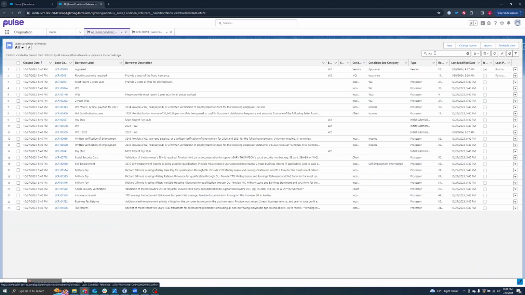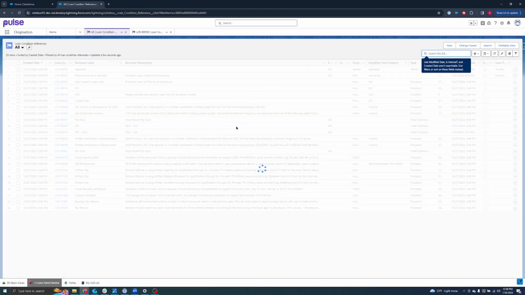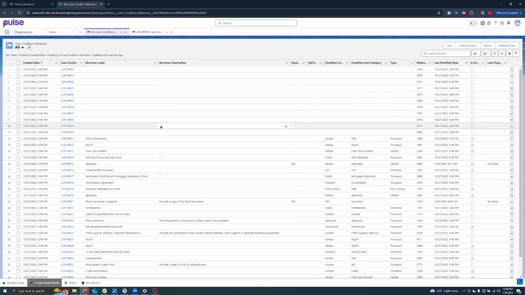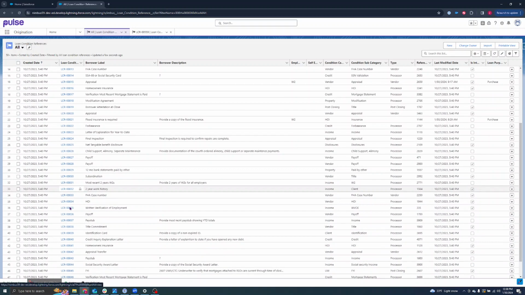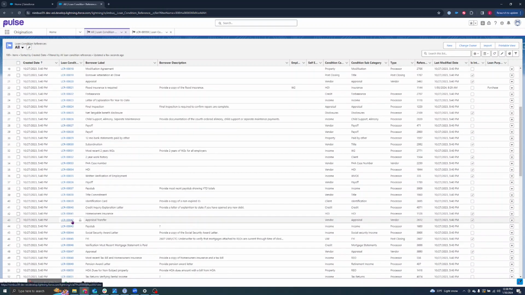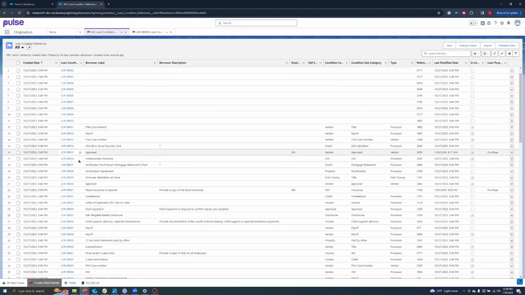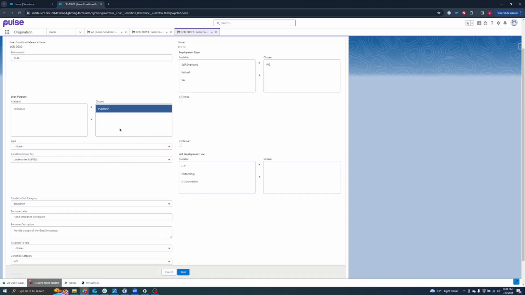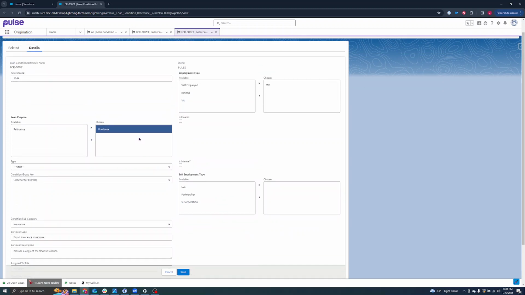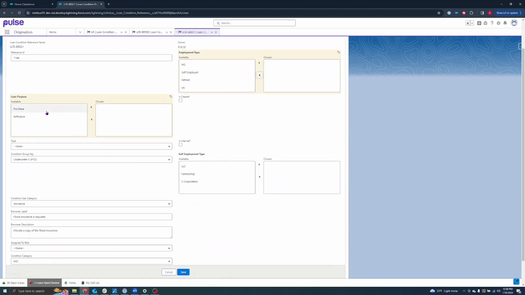Now, if I wanted to include a condition in those bundles there, so all I would have to do is, let's say I wanted to include one for this flood insurance one right here. So there's a couple different fields here that we need to make sure are selected. So if I wanted this one to not appear for a purchase W-2, I can unselect purchase W-2, and I can select